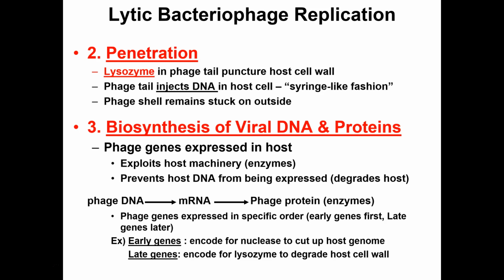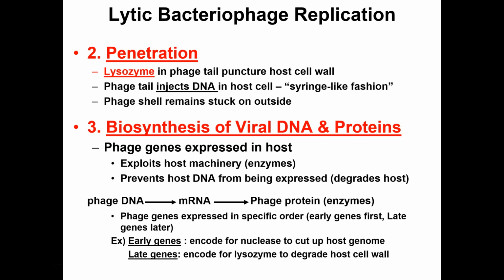Now, something interesting about viral gene expression is that it's chronological. When the genes are expressed is timed in most cases. So we'll often classify viral genes as being early, middle, or late. And early, middle, or late just means when is the gene expressed during an infection? At the beginning, in the middle, or at the end? So why would they be timed, right? There's good reasons. It's when they're needed.